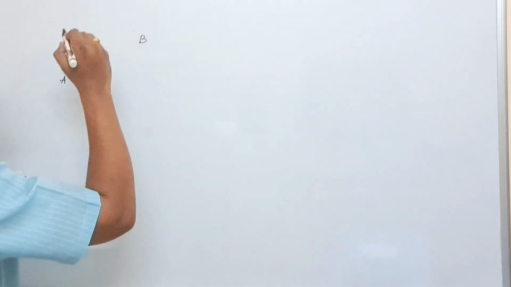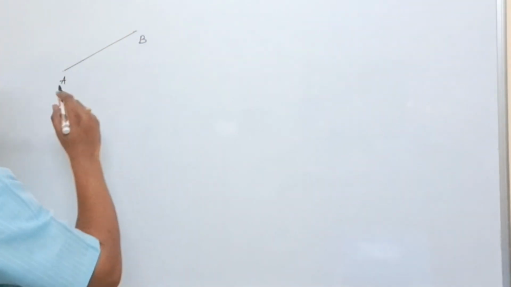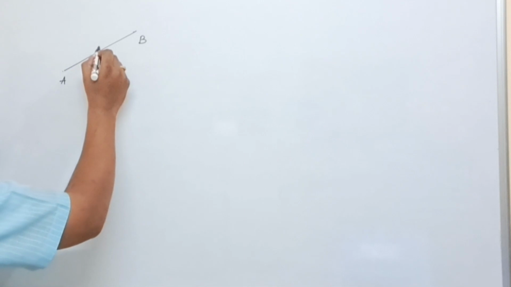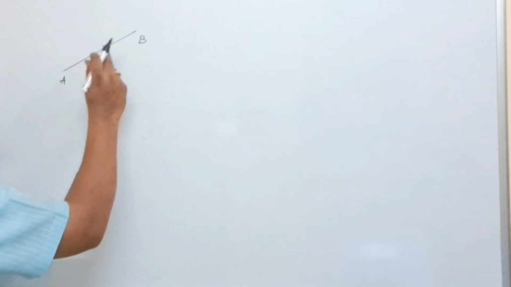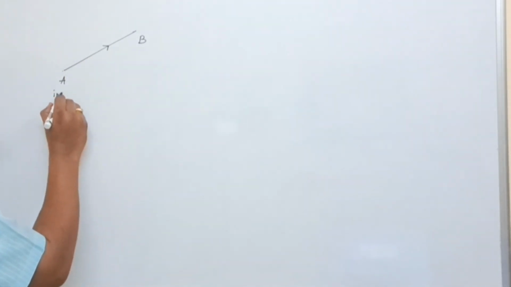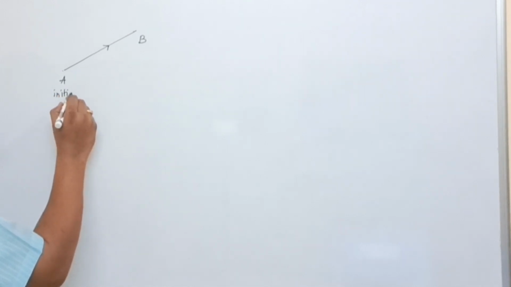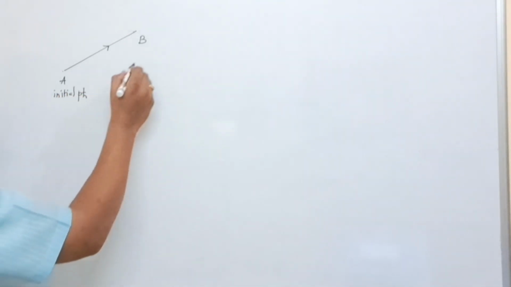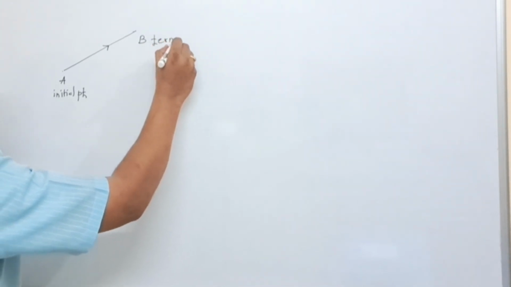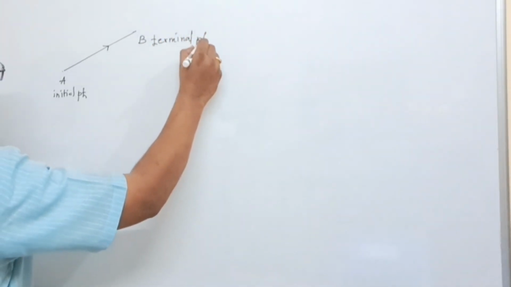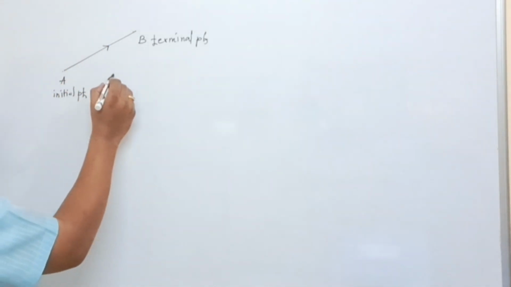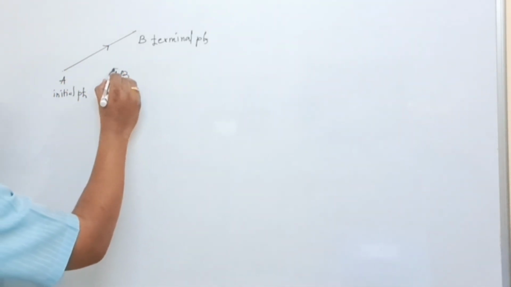Students, let us start to discuss the topic vector. Choose a point A and point B. Segment AB. When I join point A and B, a directed line segment from point A to point B, where A is called the initial point and B will be the terminal point. A directed line segment from A to B is called vector AB,